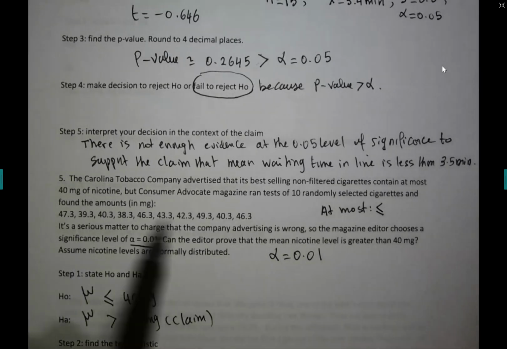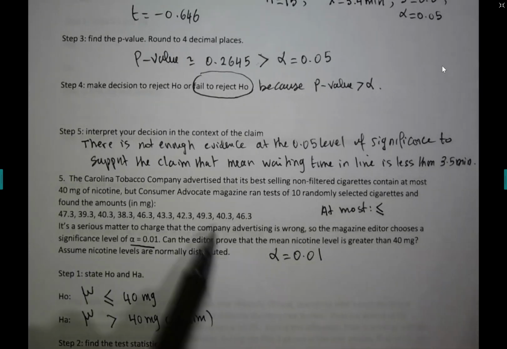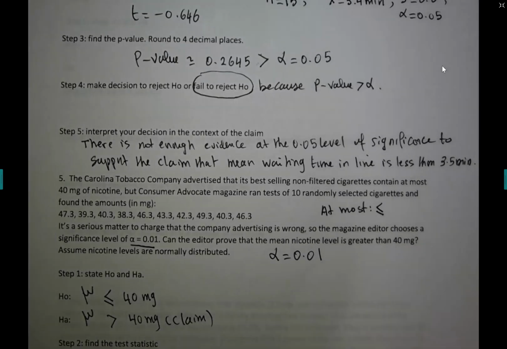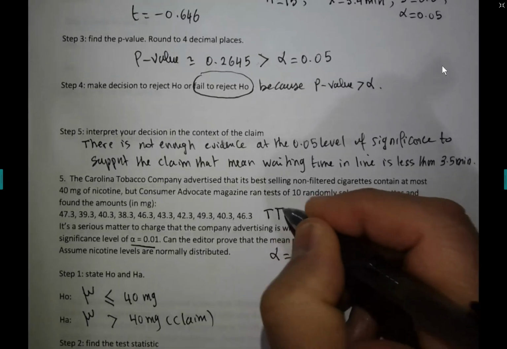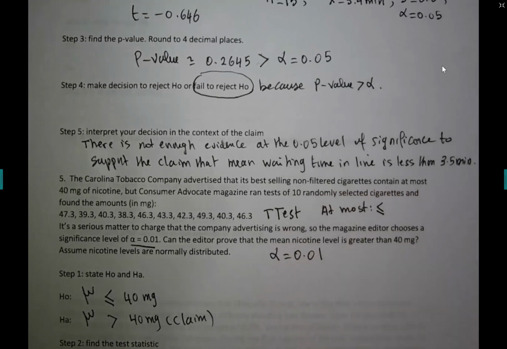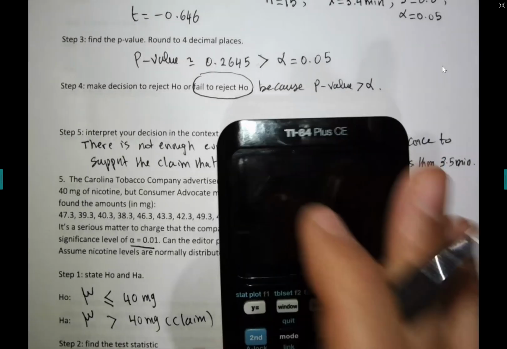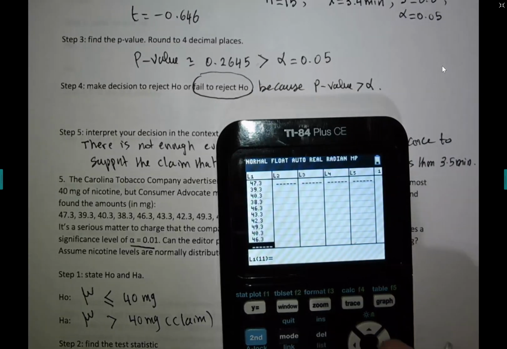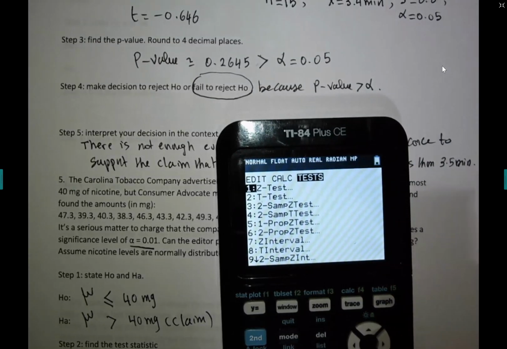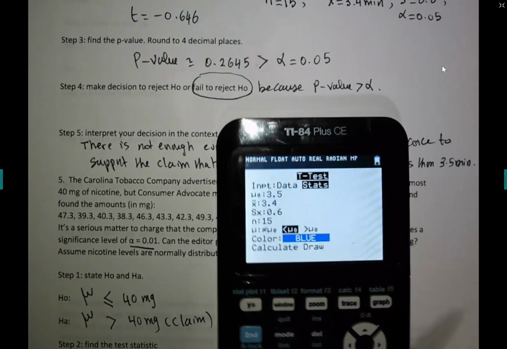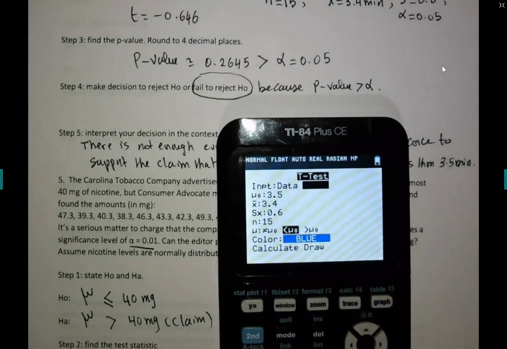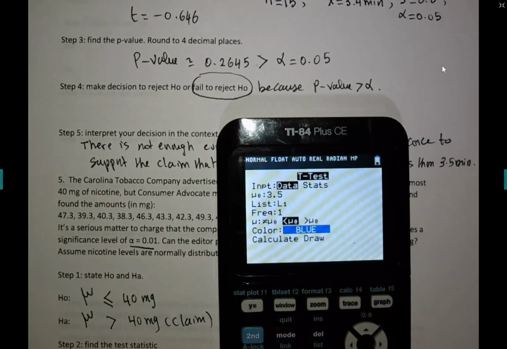Guys, if you have raw data and he doesn't give you the population standard deviation, then it's a t-test, period. So that's a t-test. And let me show you how to run this test. Stat, tests, t-test. See how popular the t-test is. Okay, here is the difference between this exercise and the exercises we did before. We have to jump to data now because I have the actual data set. So you go to data, and then